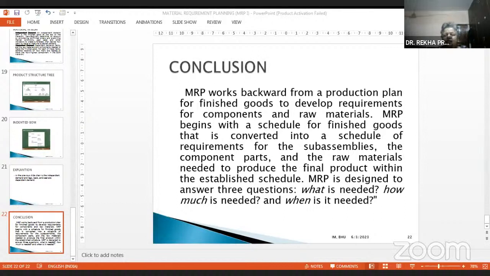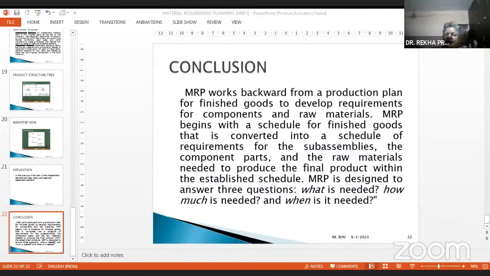So for each chair, you require legs, you require seat, you require backrest, all those things. So starting from the end product, you move backward and see what is your independent demand. Then for each independent demand, what are your dependent demands? Then how much you require of each dependent demand. Then you assemble them and you get the final product. So it is what is needed, how much is needed, and when it is needed.